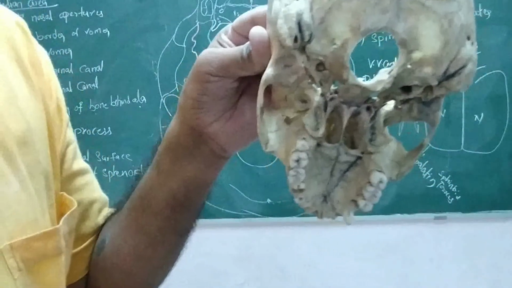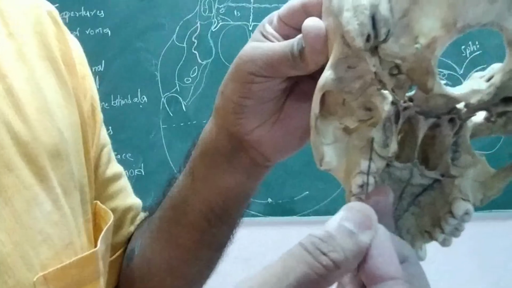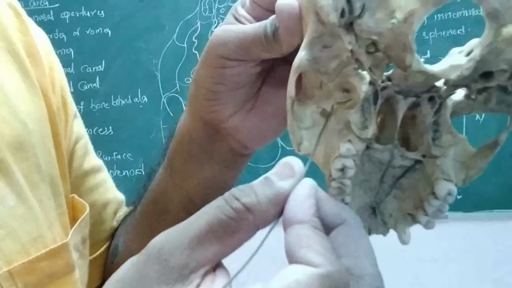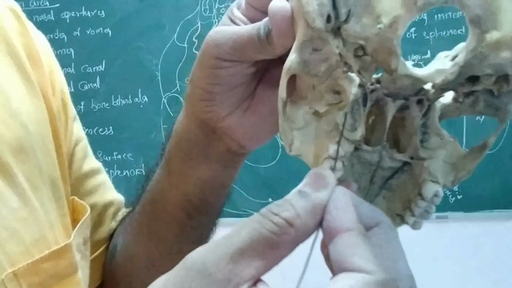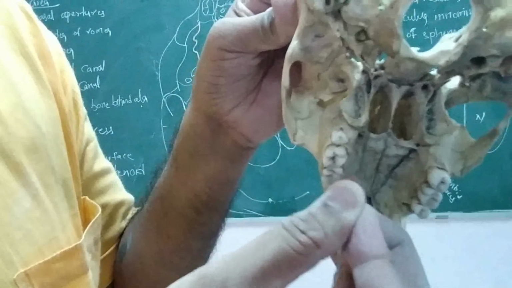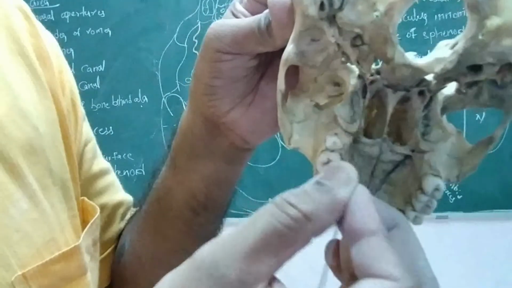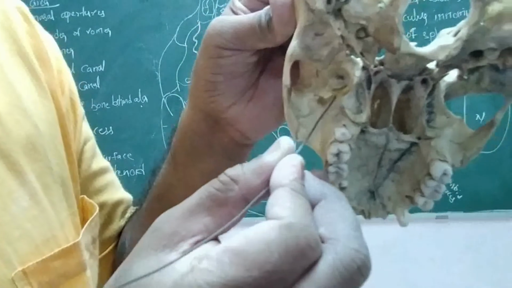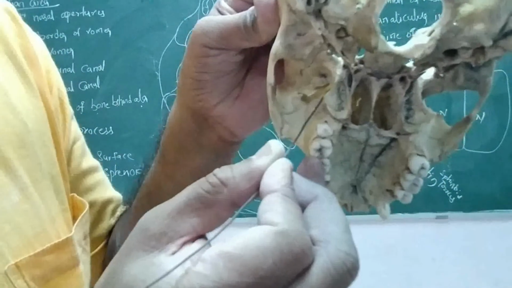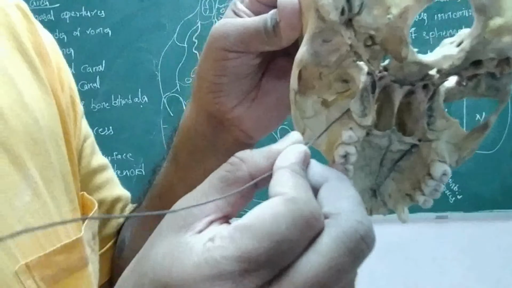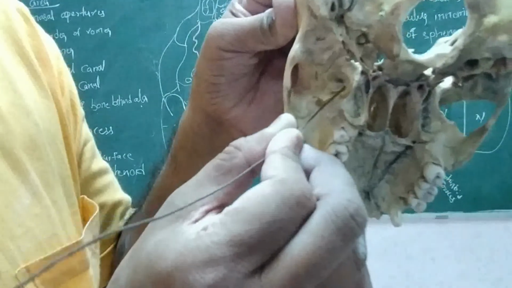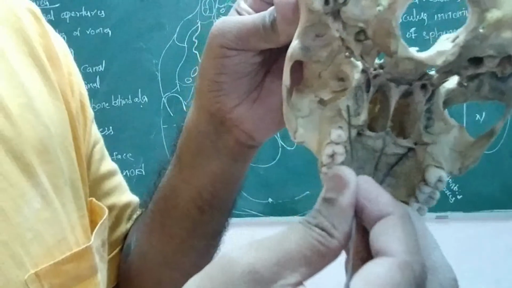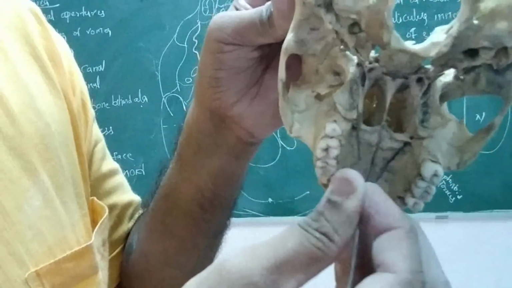So in this pterygoid process, this is the lateral pterygoid plate and the medial pterygoid plate. The lateral pterygoid plate has a lateral surface and a medial surface. The medial pterygoid plate has a lateral surface and a medial surface. See properly, the lateral pterygoid plate, lateral surface, provides attachment for one muscle, the lateral pterygoid. And here the medial pterygoid is attached. Same in this part.